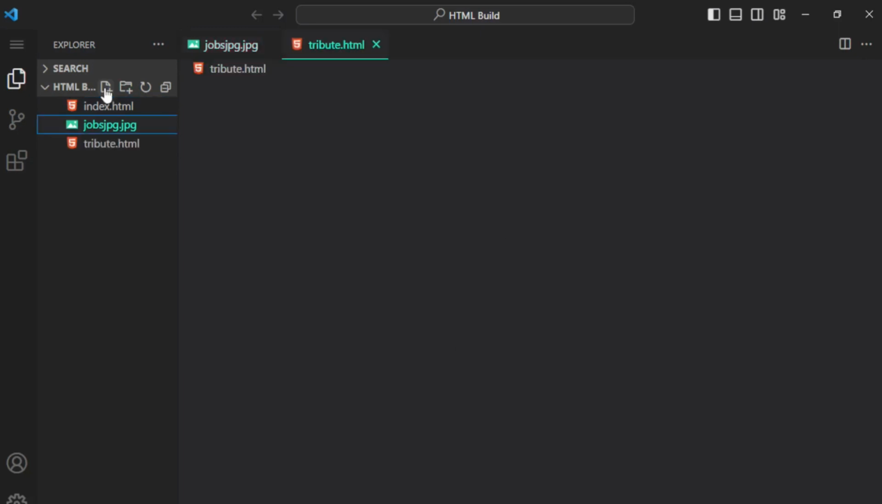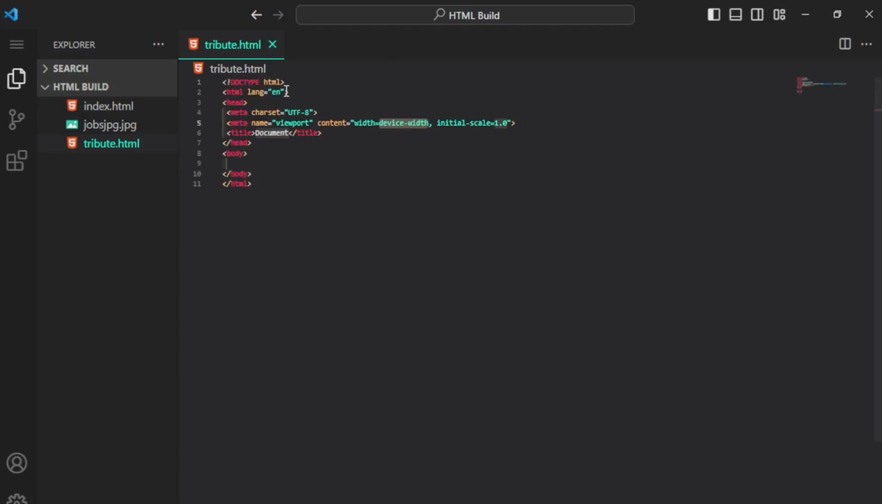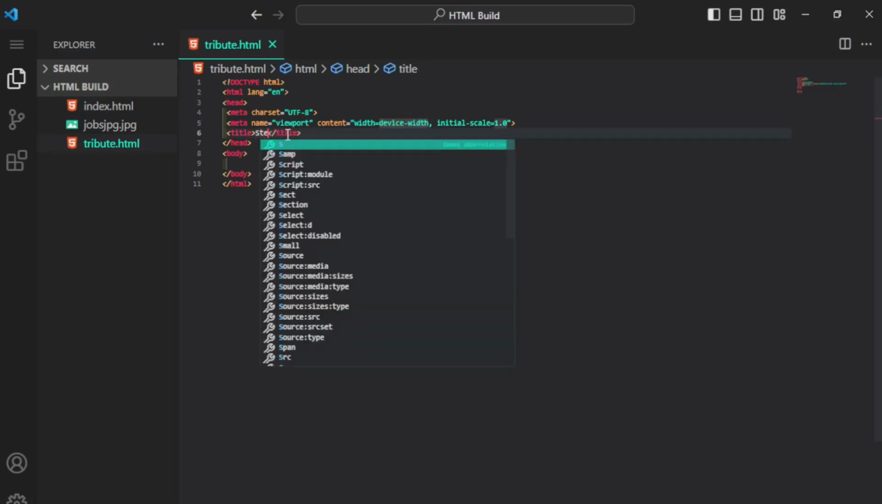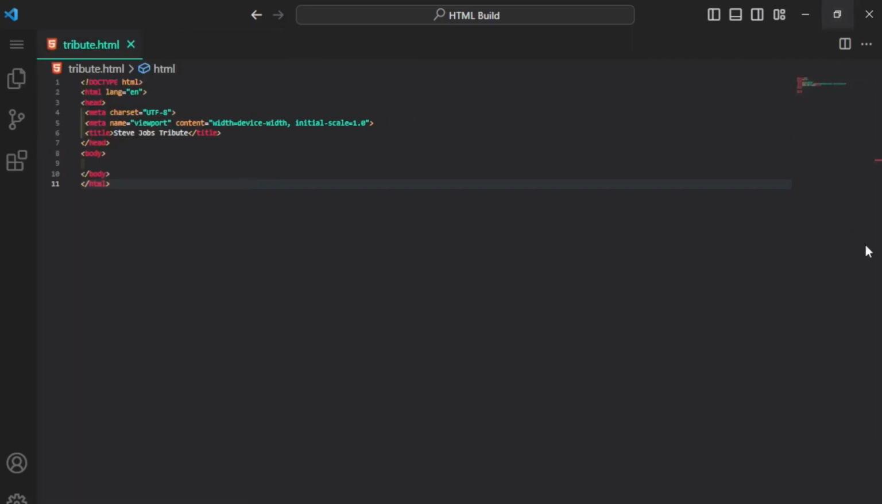Tribute.html, to let the computer know we are going to be using the HTML file. So I'm just going to close this for the meantime. So I'm pressing Shift and exclamation mark to get the skeleton of my HTML. In the title, I'll be typing Steve Jobs Tribute. So I just got a few details about him from Wikipedia, and I intend to use the